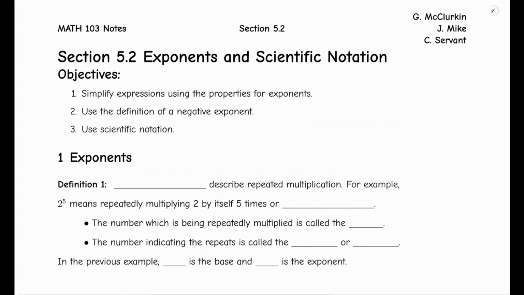Hello, this is section 5.2, Exponents in Scientific Notation. Part 1, Exponents. Definition 1. Exponents